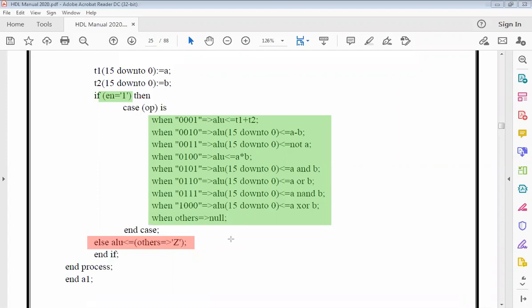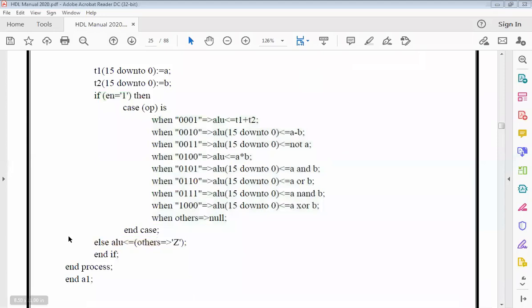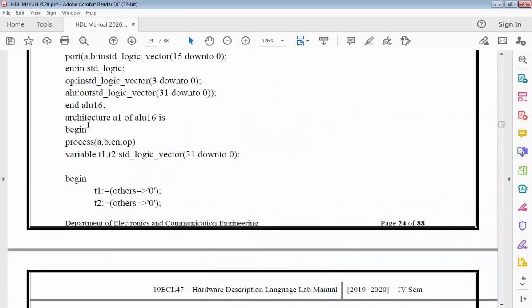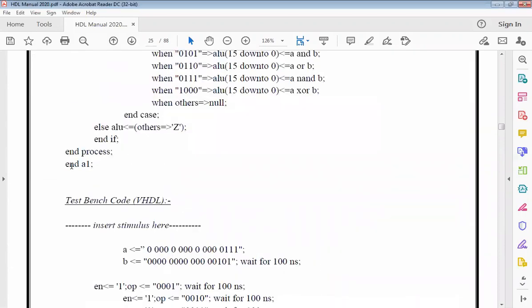I have started the if here, so I'll end if, and we had started the process above, so we will end the process, and this is end A1, or you can simply write end architecture. Anything holds good. The name of your architecture was A1, so either you can write end A1 or end architecture. Anything should be fine.